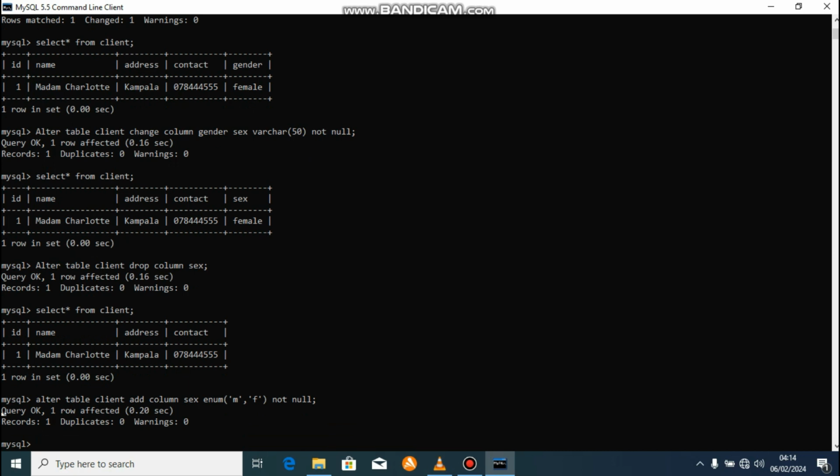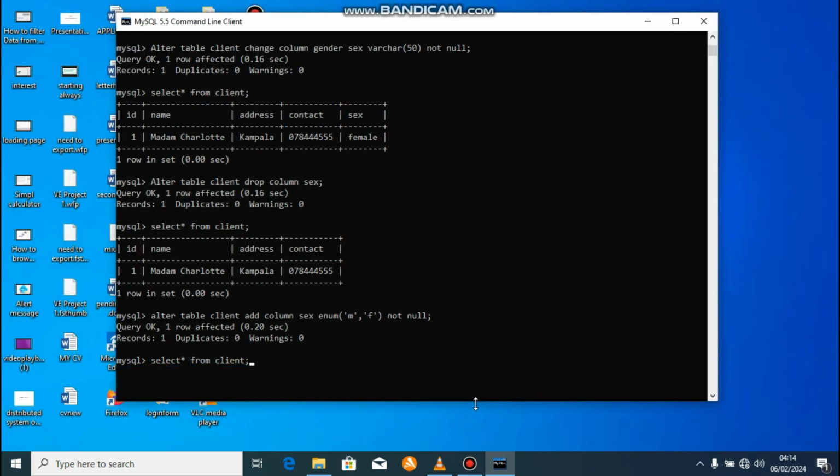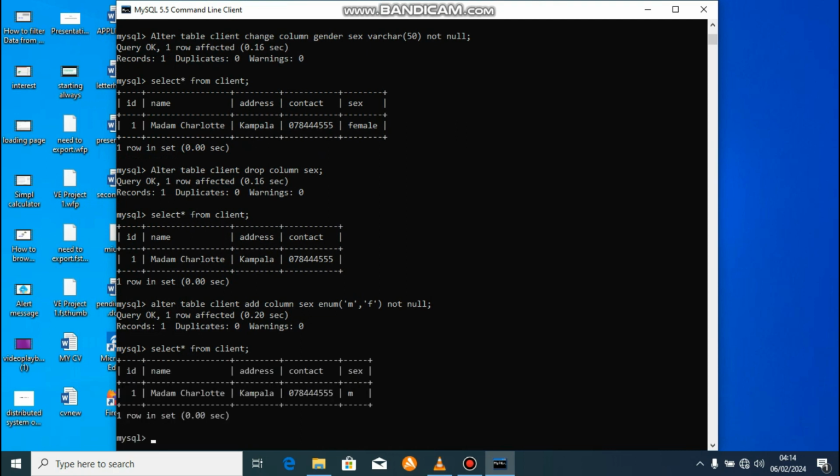Correct? Perfect. So if you say select all from client this time around, you see that it is showing that madam has the sex of M, which represents male, which is not